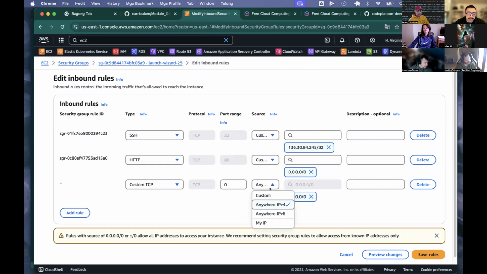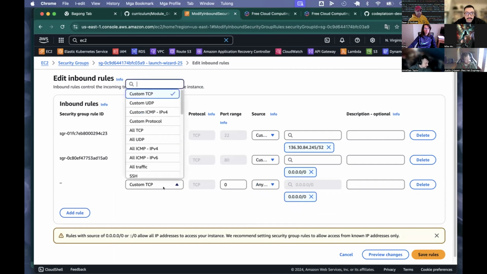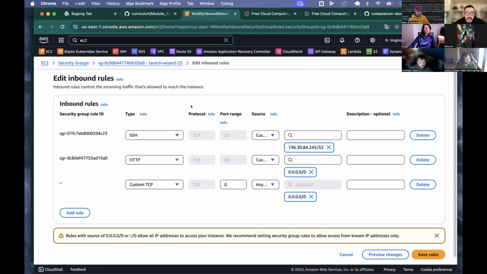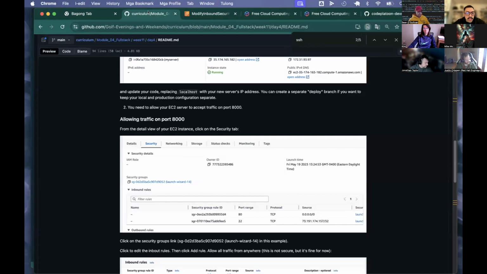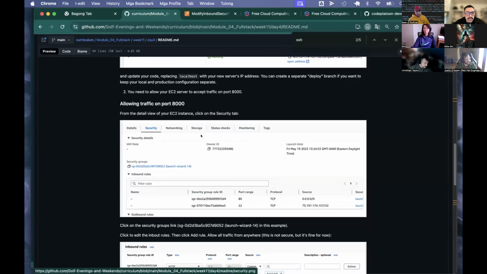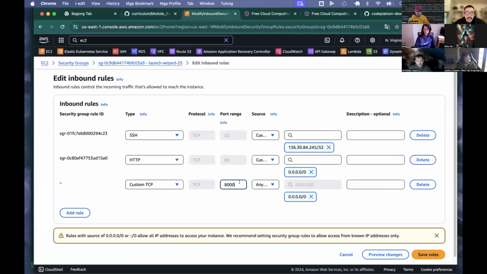And you have two options here. You could either directly set this to 8,000 because that's what Django uses, or you can just set it to